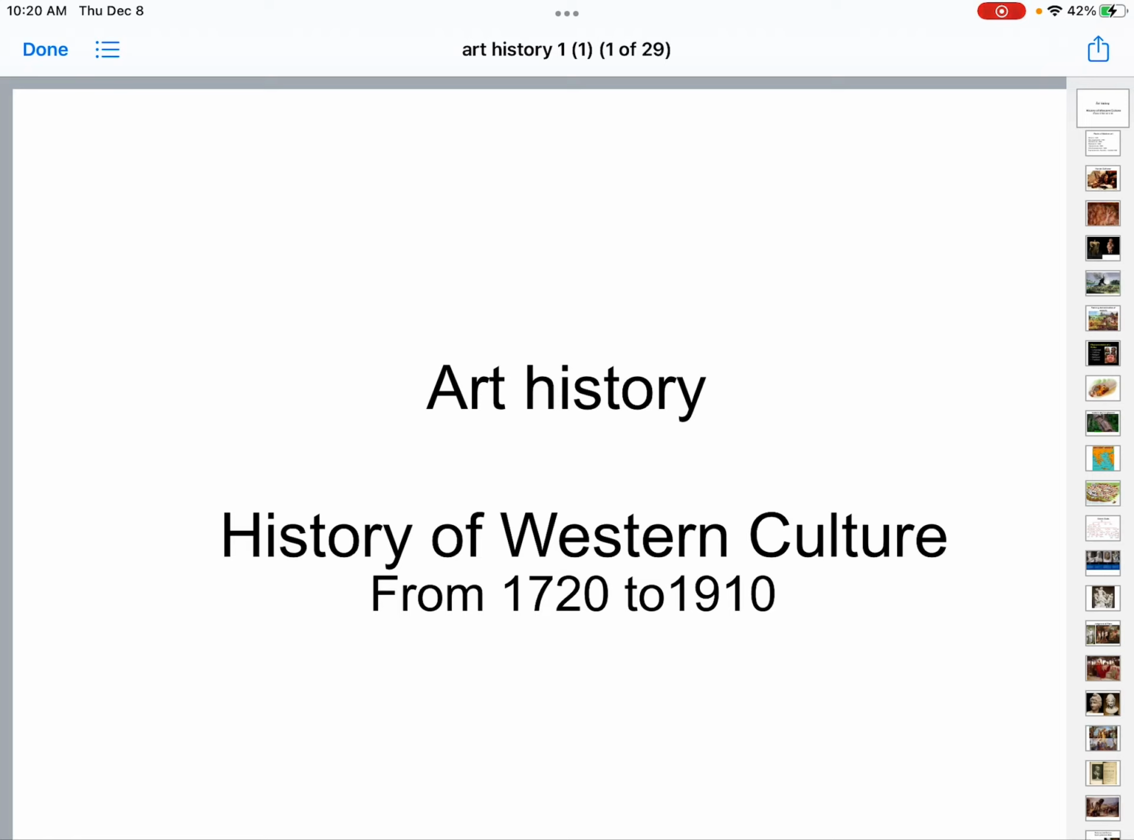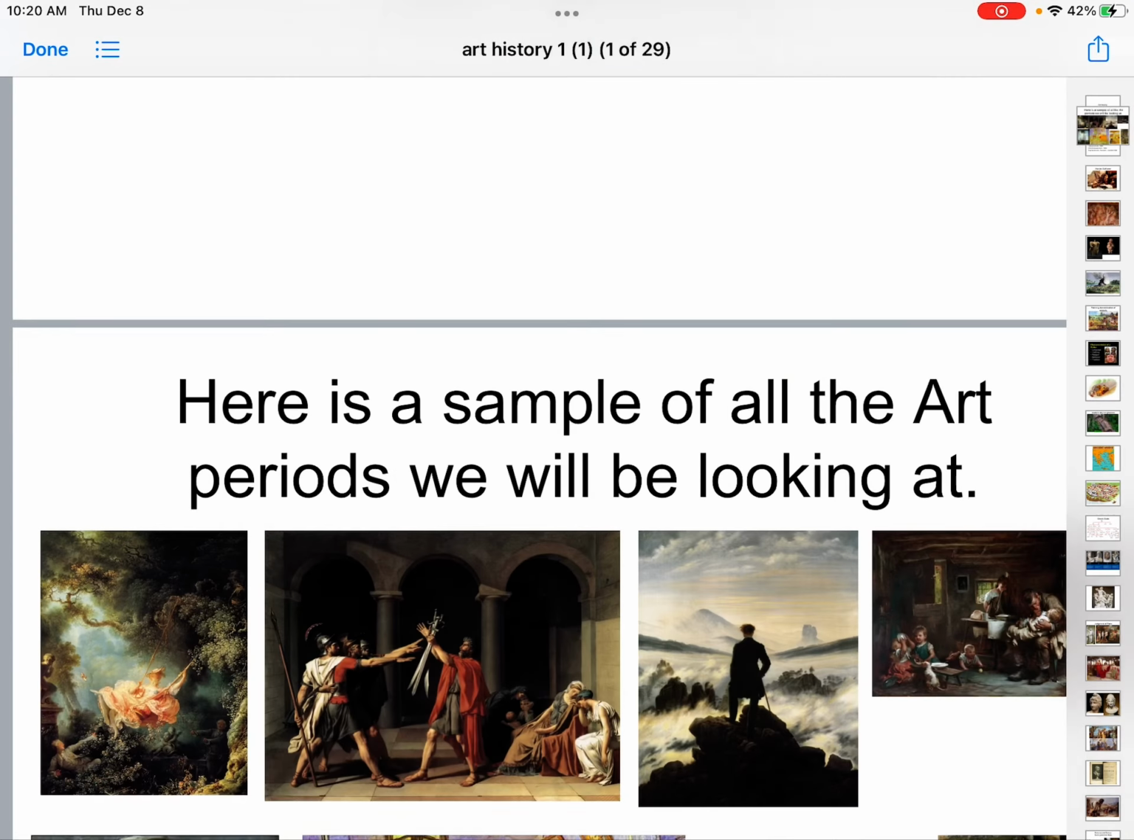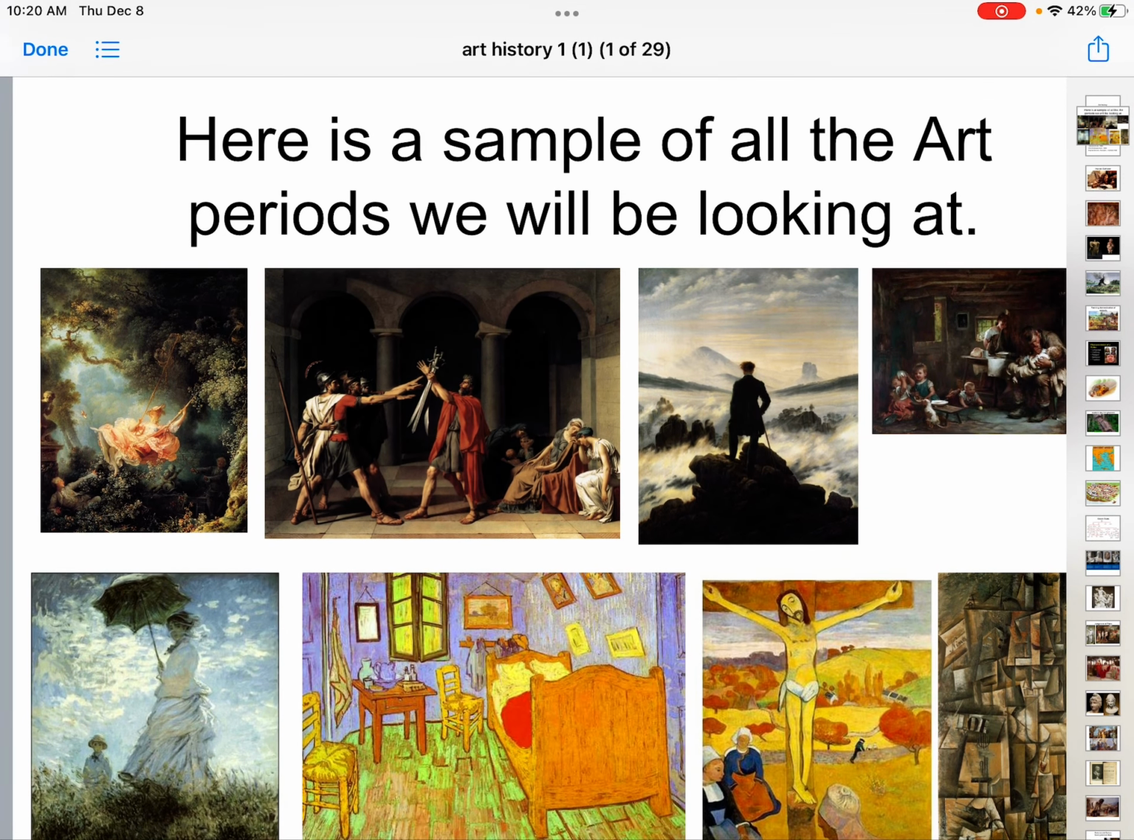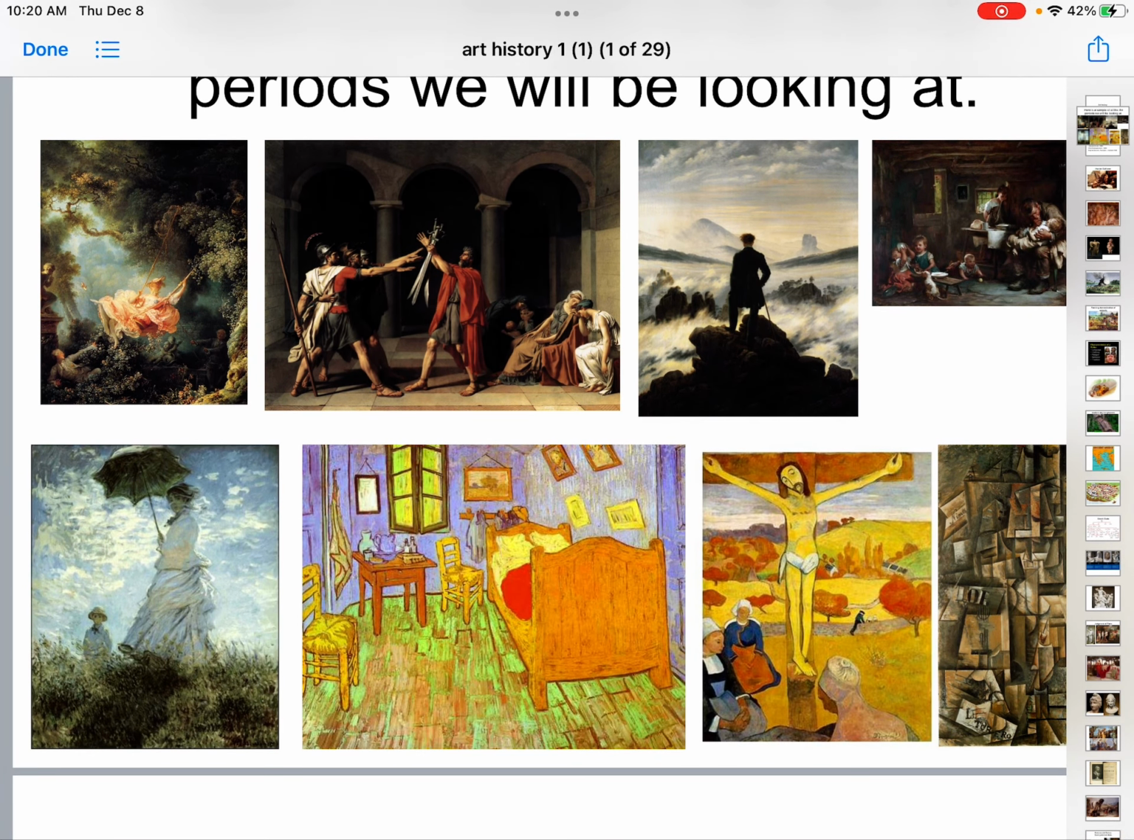Okay, so we're doing Western civilization and culture for grade 12 from 1720 to 1910. I think this is the most interesting time period in Western civilization because a lot of different things will shift, right? You'll find out. It's a lot of fun. Here we go. So these are the different types of art that we'll be looking at, and they come in